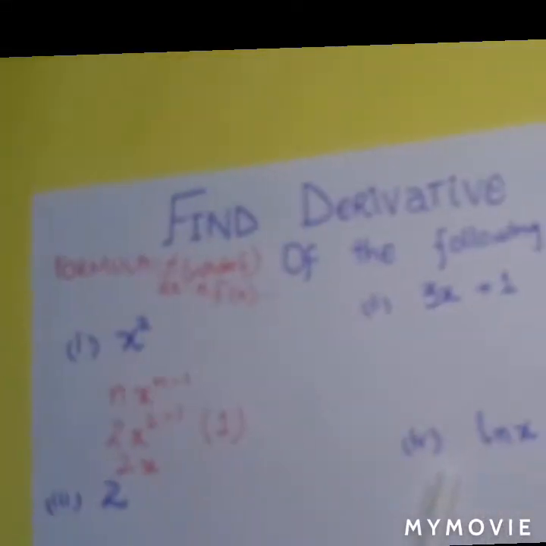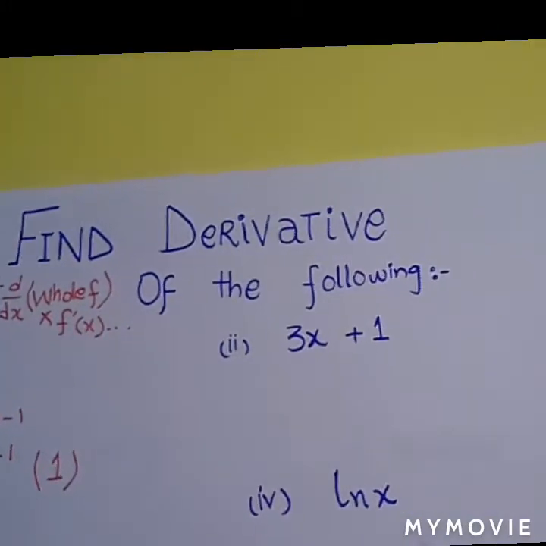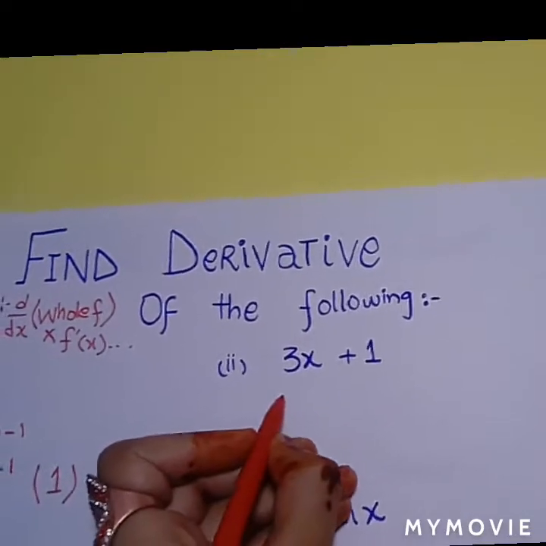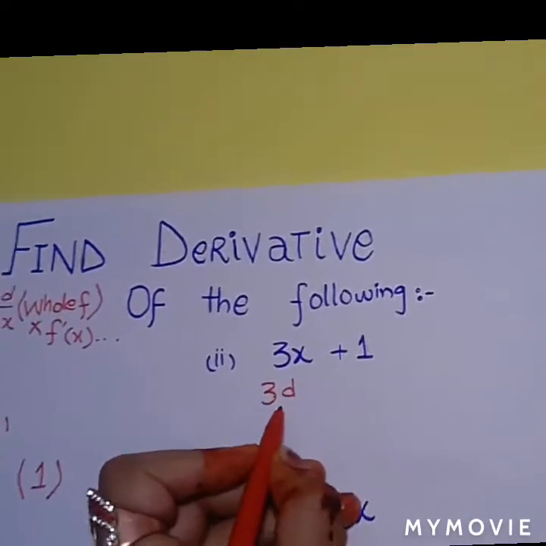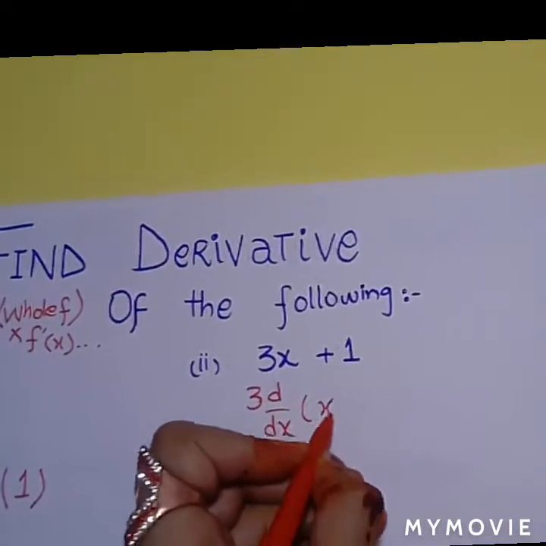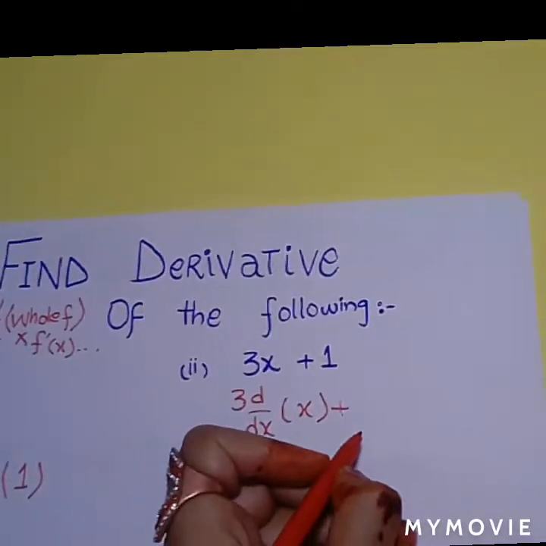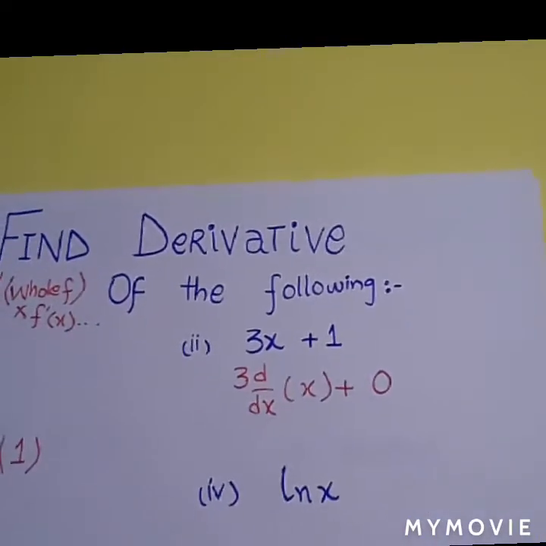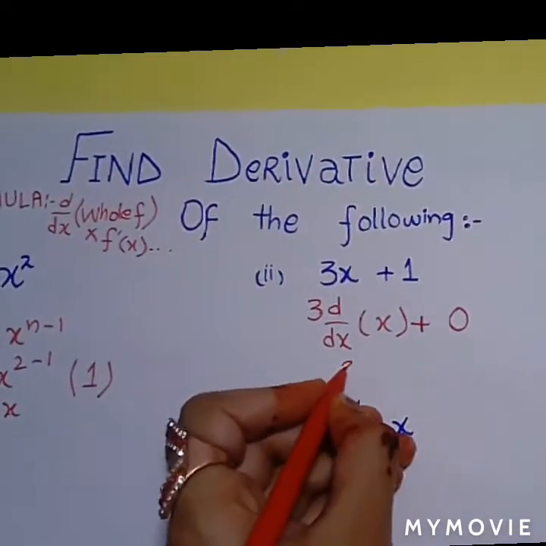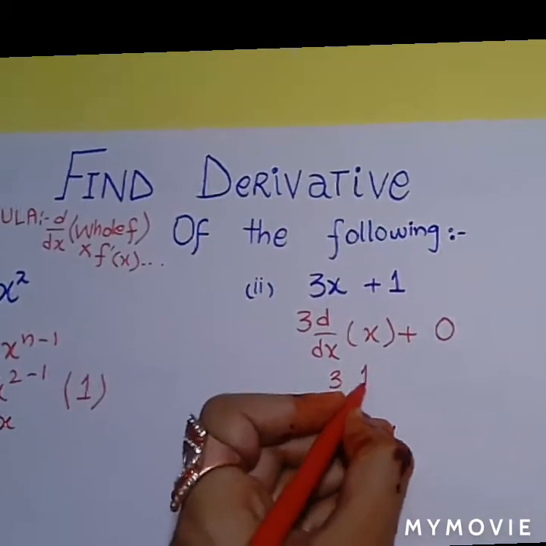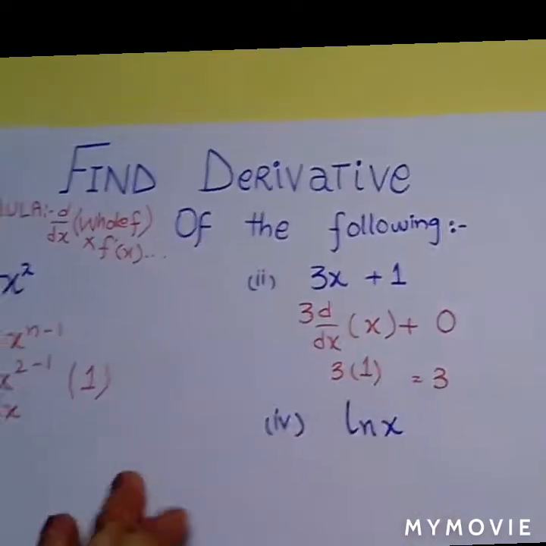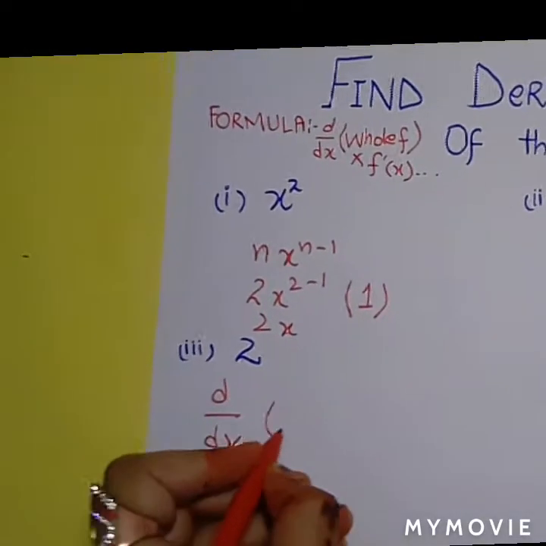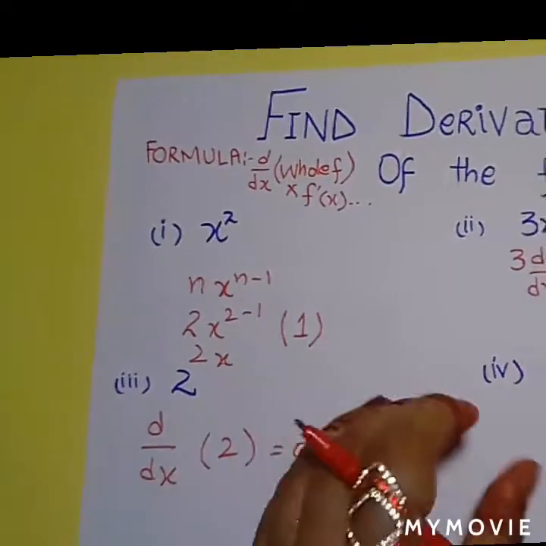Similarly, if we take the derivative of a constant behind the variable, then the constant is not 0. It comes first from the derivative. But when the constant is alone, then it becomes 0. Okay. So 3 times 1, 3 is our answer. Similarly, we know that the derivative of any constant is 0.